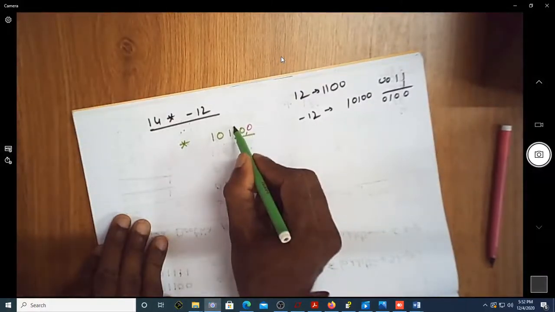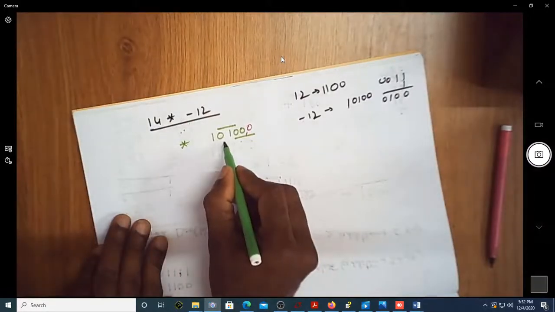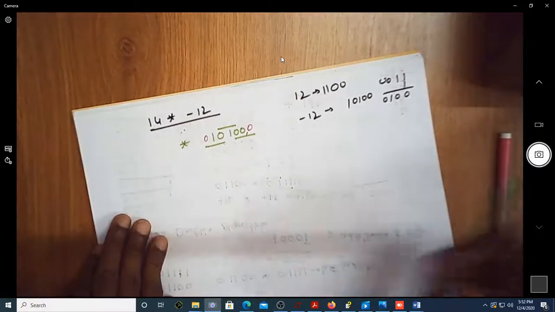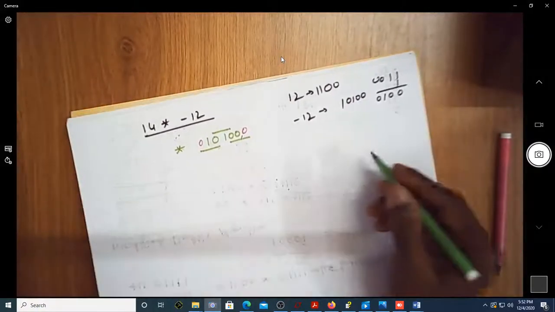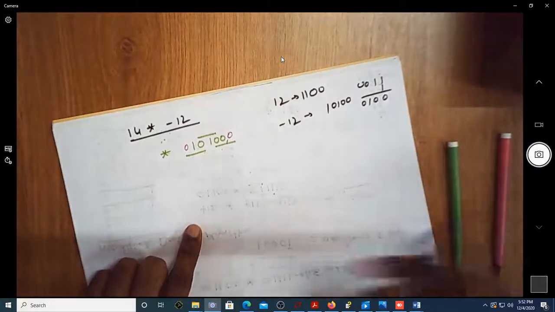So this is 3. You overlap the last MSB with this, and then you again overlap this with this. Since you don't have one more bit, you can just add it. So as per the table, 000 corresponds to this modified